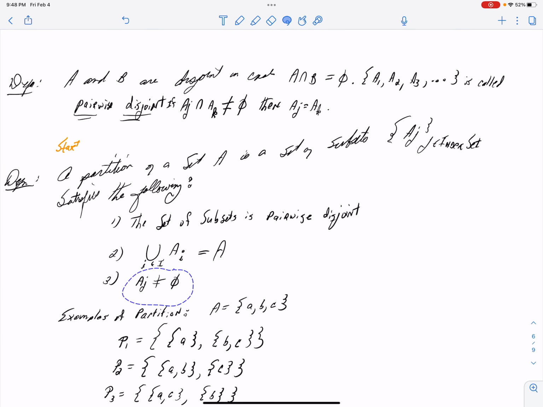Okay, finally, you recall from last time that two sets are disjoint means their intersection is the null set. A generalization of that is, suppose I have a set of subsets. So A1, A2, and A3, dot dot dot, are all subsets. Well, we say this set of subsets is pairwise disjoint in case, if I take any two of them,